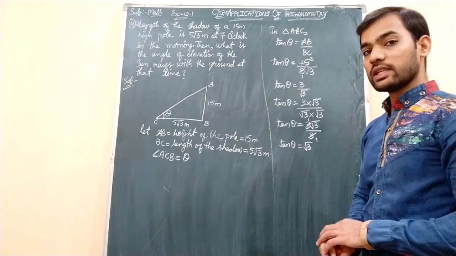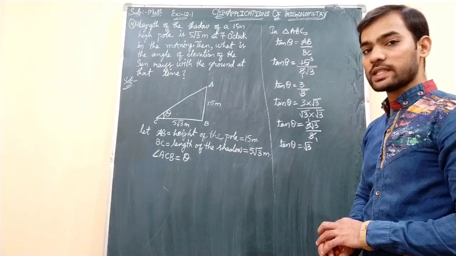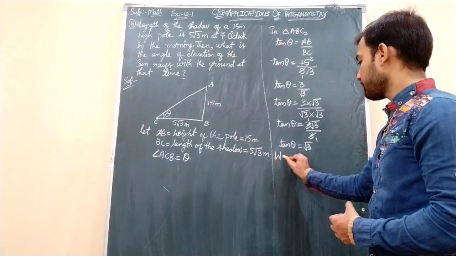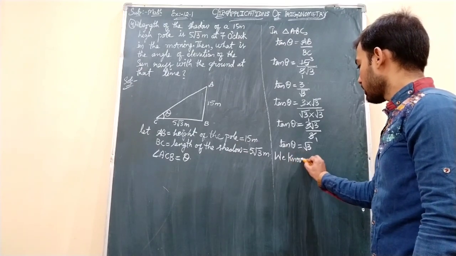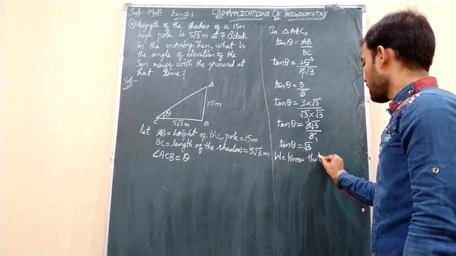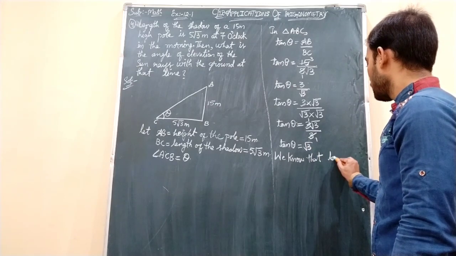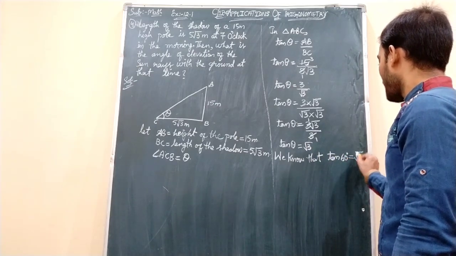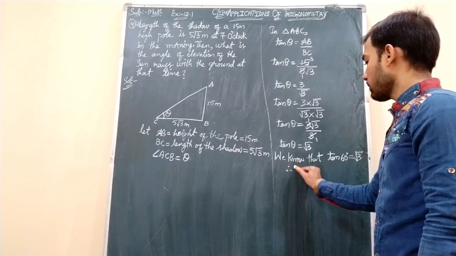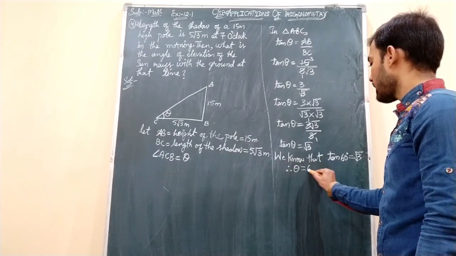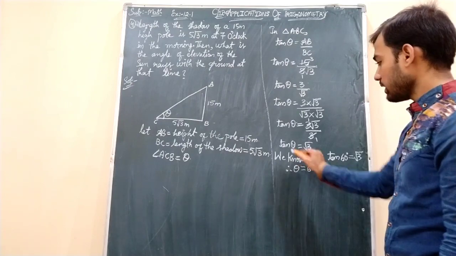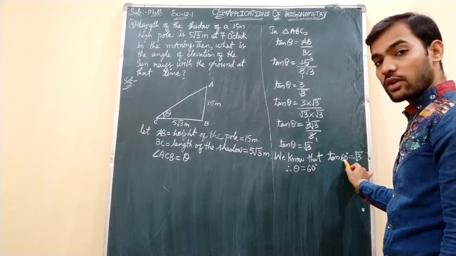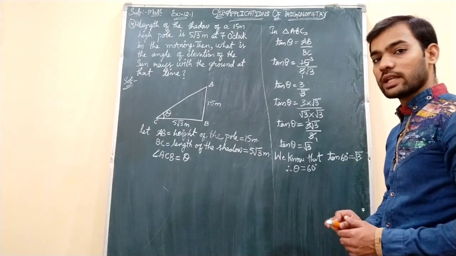This value we have in our trigonometric ratios of specific angles table. So when you look into that table, you will notice that under the tan ratio at 60 degrees you will find the root 3 value. It means that what is the value of theta? Theta value is 60 degrees. Okay, tan goes with tan, root 3 goes with root 3, and in place of theta we got 60 degrees, right? So the value of theta is 60 degrees.